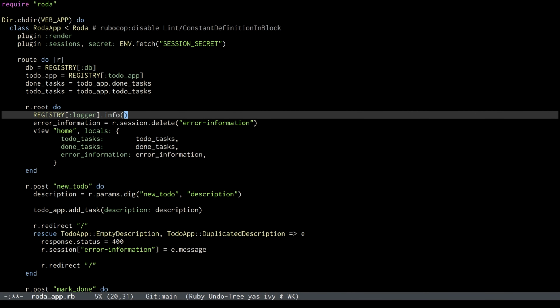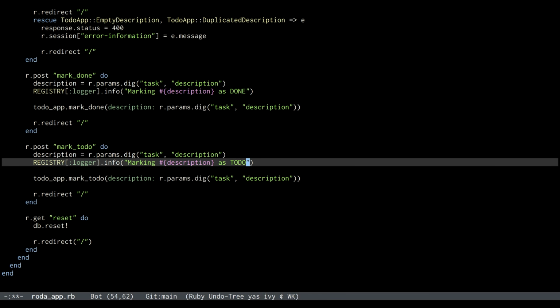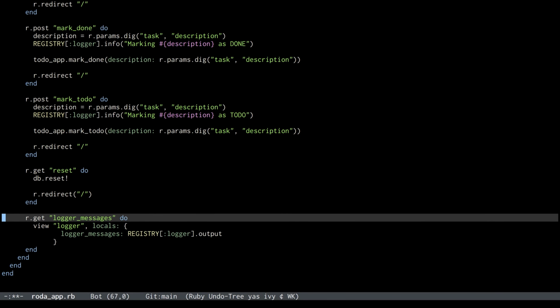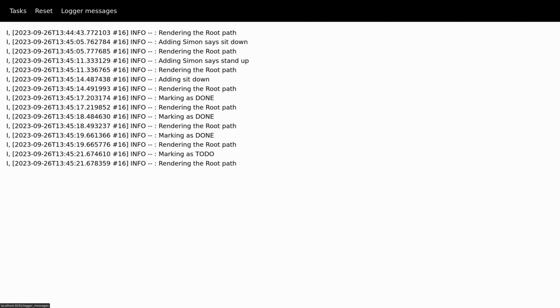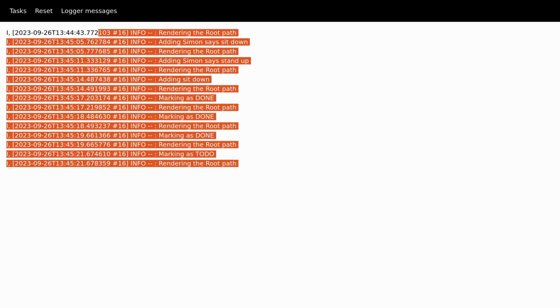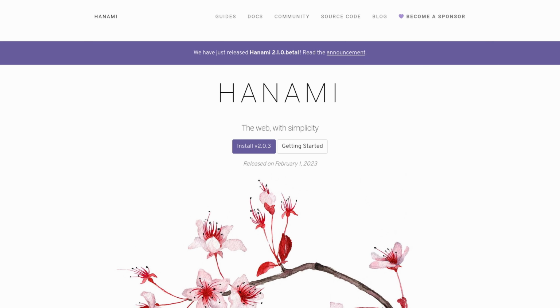Now we can, for example, log every time we enter a route. And we can add a route to display the logger messages. And now, when we use our app and check out the logger messages, we can see that they are all there. We could simplify all this work by using the dry system gem, or by creating our project with Hanami,